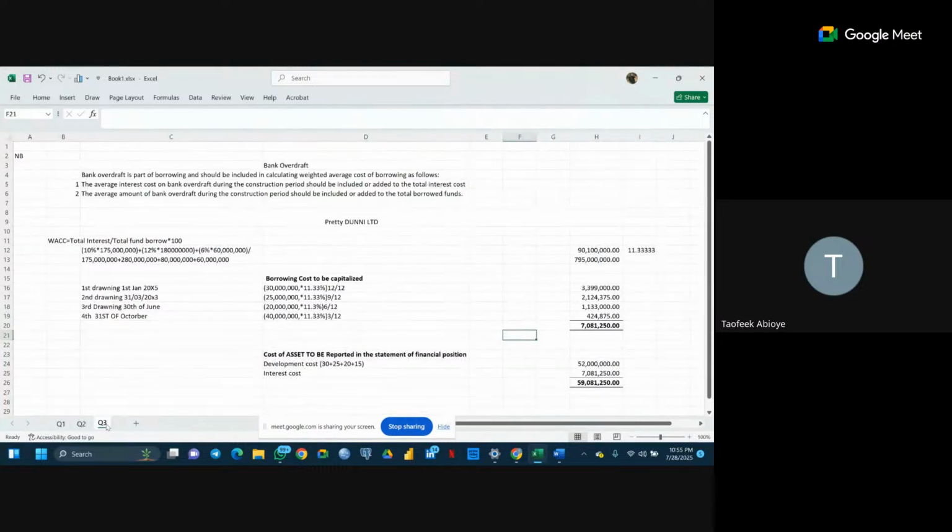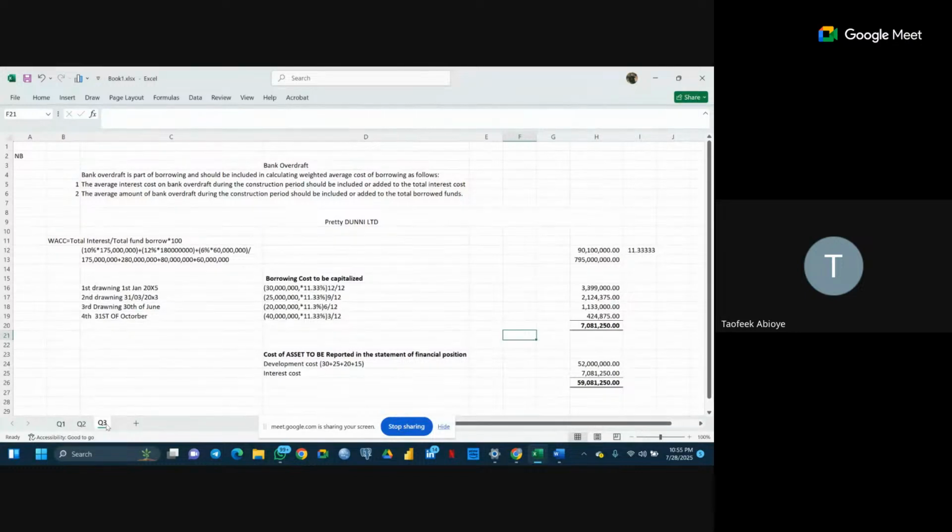The second question is an example of money borrowed from a pool of fund. A pool of fund involves borrowing from more than one source. If that is the scenario, say we borrow from 4 different sources, how do we get the interest rate that we're going to use, now that our sources of borrowing involve more than one source? What we are going to do is calculate the weighted average cost of capital.